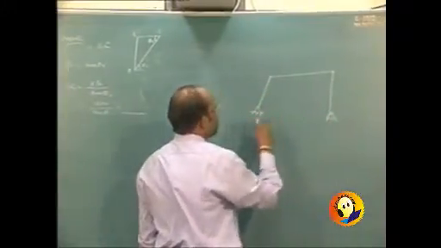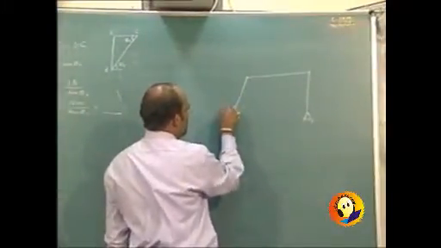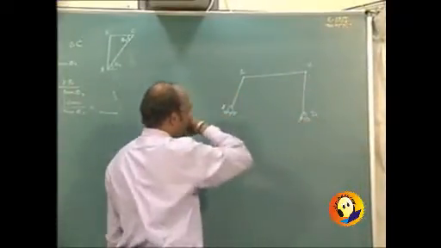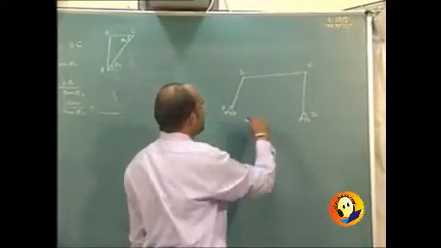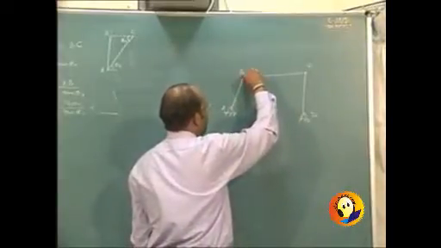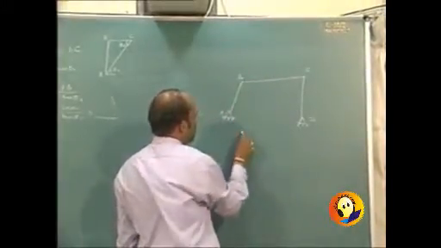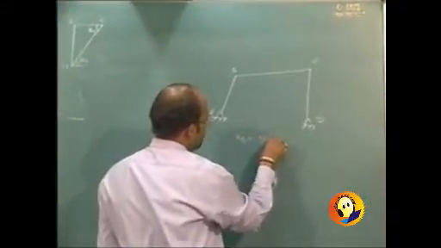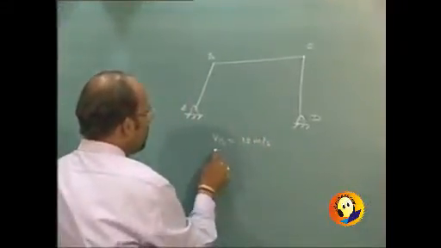This is a 4-bar mechanism, say A, B, C, D, and it is given to us that at the particular moment velocity of B is say 10 meters per second and velocity of C